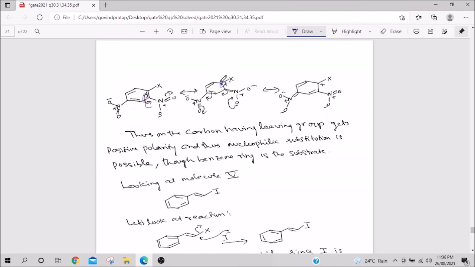So now it's quite positively polarized, so a nucleophile can attack, and then this comes here, and this pi bond comes here, and you are getting this. So again it is positively polarized, a positive charge is there. So both nitro groups take an active part in removing electron density from the ring by the minus R effect. Minus R effect is very powerful, much more powerful than the inductive effect.